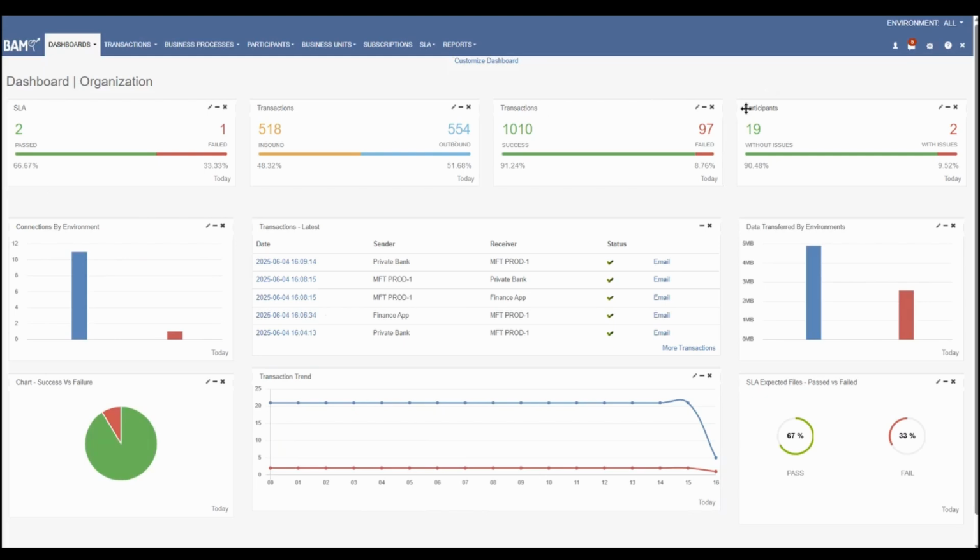Now, another key concept over here is participants. These are the entities interacting with your MFT server, such as senders and receivers in your transactions. If we look at the widget in the center over here, we have sender and we have receiver. Private Bank, Finance App, fairly limited information, but it could be IKEA, DHL, and so on. Since BAM is built for business users, we use understandable names, as seen in the picture, and you have SAP, DHL, I said IKEA because I'm Swedish, or a bank's name,